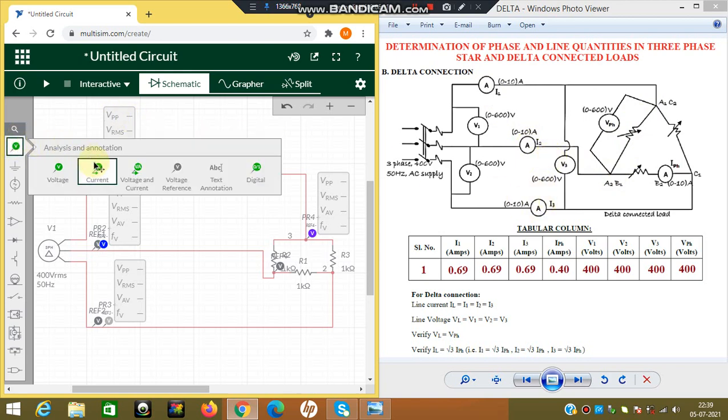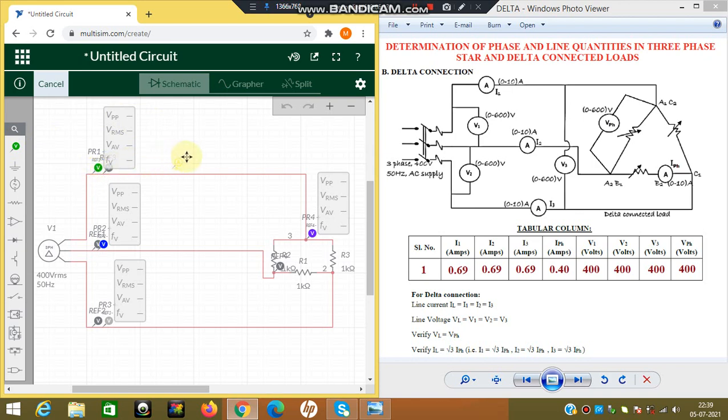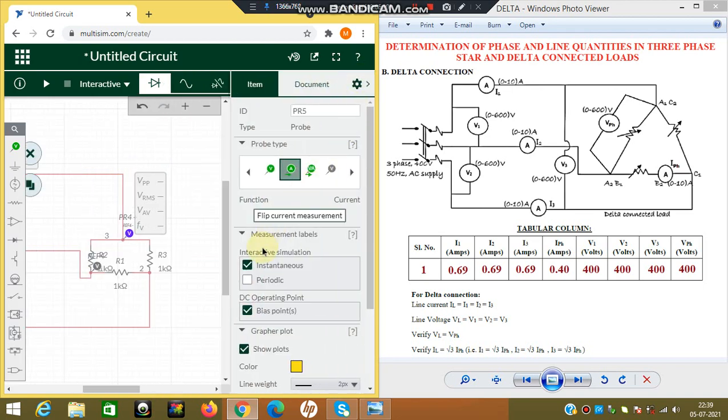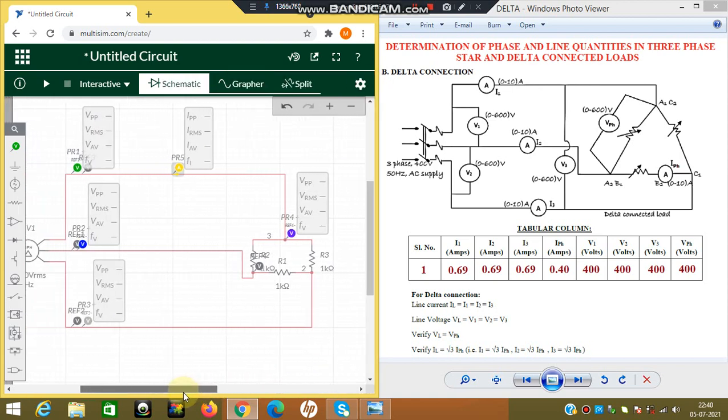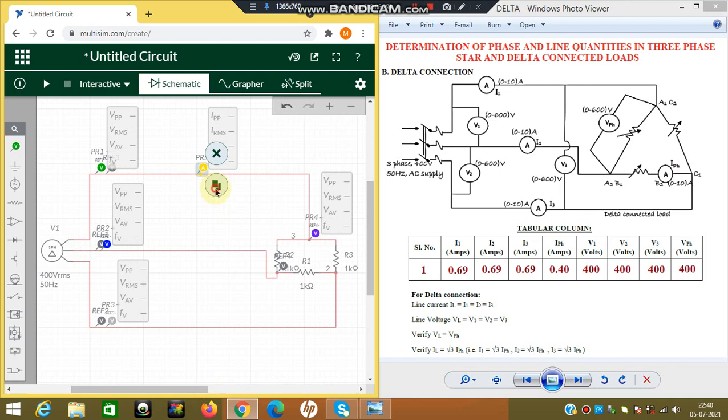So go to the ammeter, place the first meter here, go to the setting, change it to periodic, uncheck instantaneous, come back, copy the second one, take the copy here, and one more meter should be placed in this horizontal line of the delta.